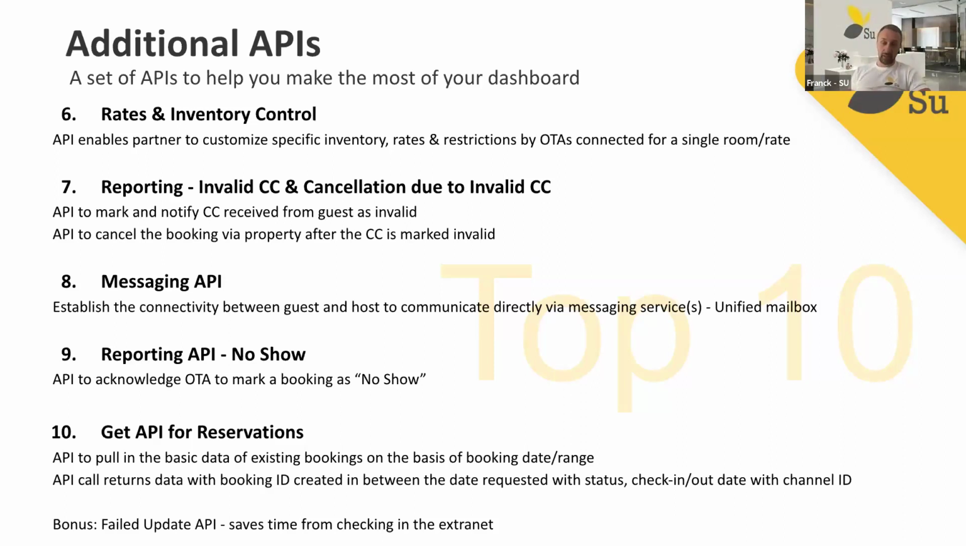That get API for a reservation is basically pinging the system and asking it to send the data. Very useful as well. I've added one as a bonus, which is the failed update API. This is more for the PMS itself, but when you're sending updates to the system, obviously you have all the data in the extranet, but we also have an API that allows you to ping